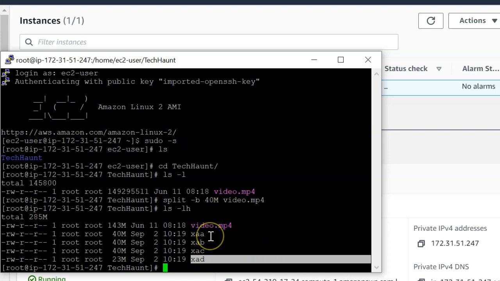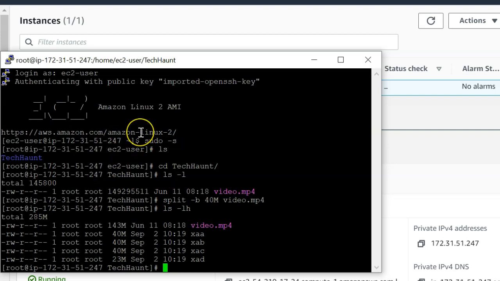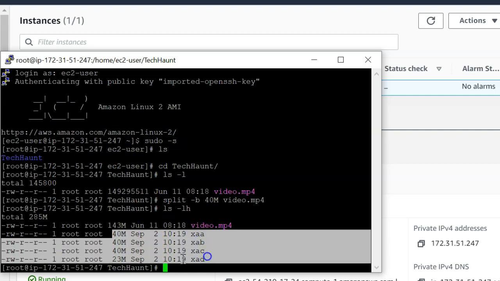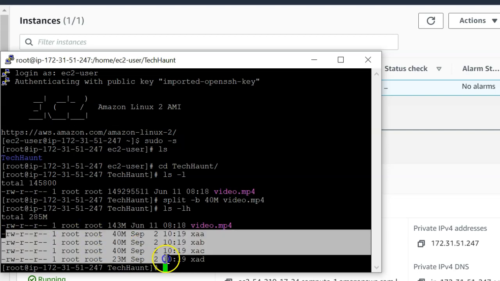It's basically how it's going to provide you the information of your chunked file when it's chunked by your EC2 instance. It's created only four files here, but it's not limited to four files.